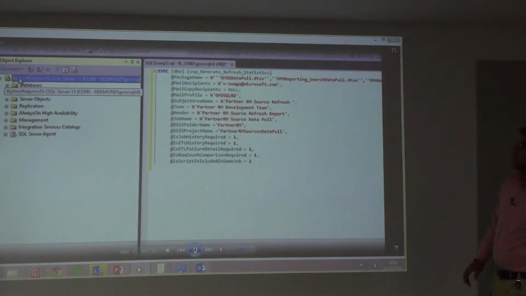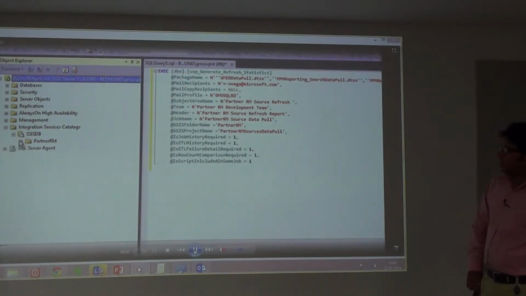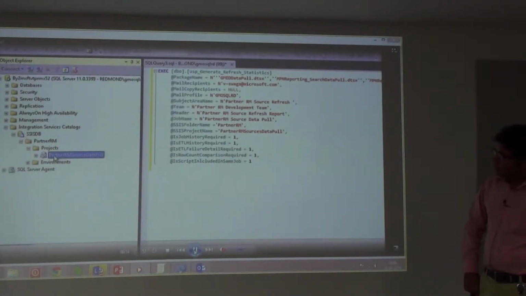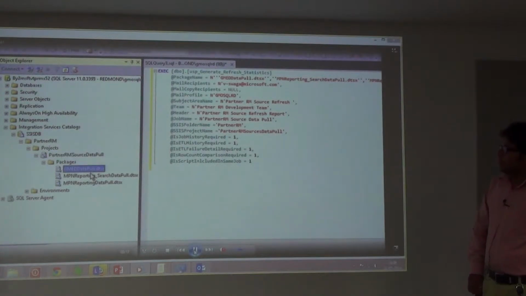So this is my server, and this is my integration catalog. Partner RM is the folder name. Partner RM source data pool is the project name where my 3 packages are hosted: GMT data pool, MPN reporting data pool, and so on.